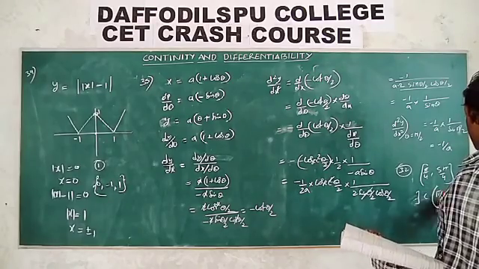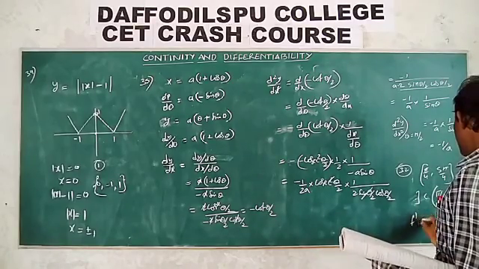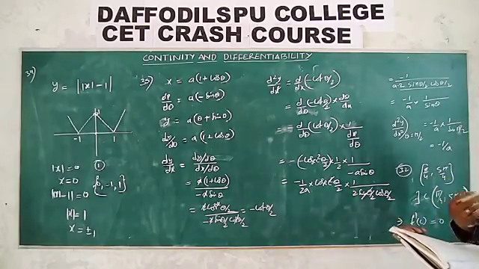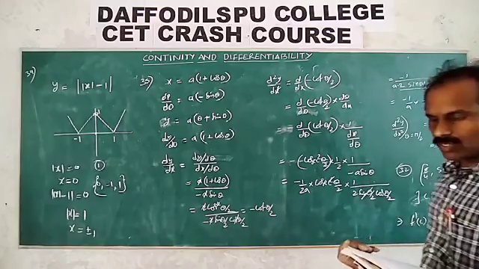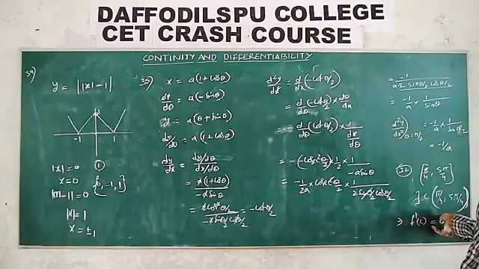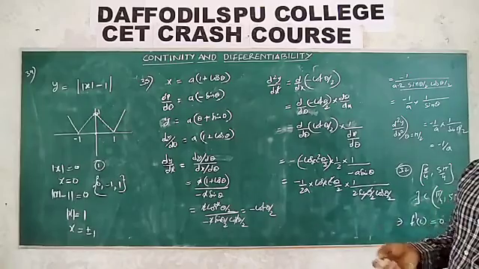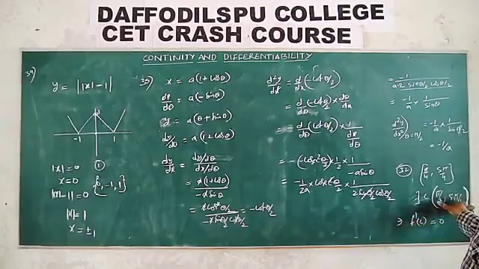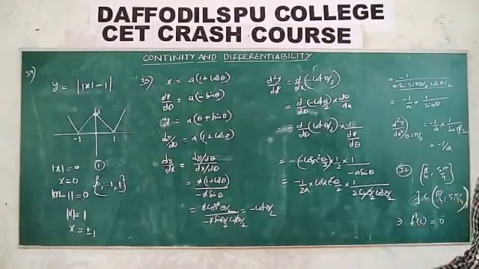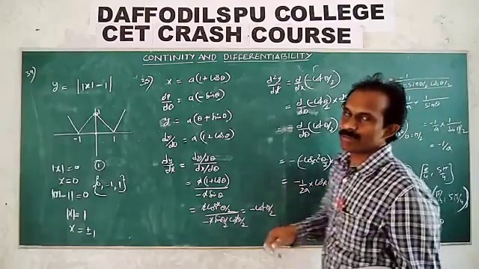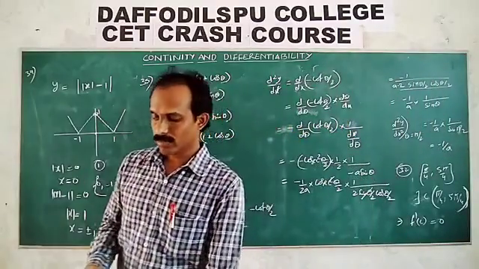How? f dash c such that f dash c is equal to 0. So given f of x is equal to e power x into sin x minus cos x, take the derivative and equate to 0. For what value? That value will give the theta value, meaning the x value or c value lies between pi by 4 comma 5 pi by 4. Then that is the answer. Try this problem, it is like a theory problem.